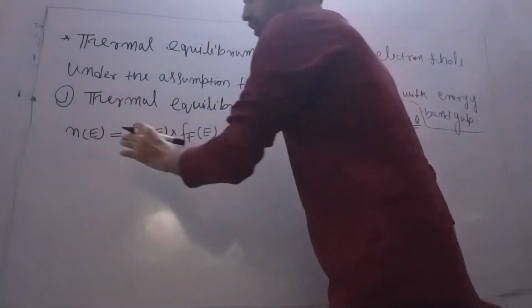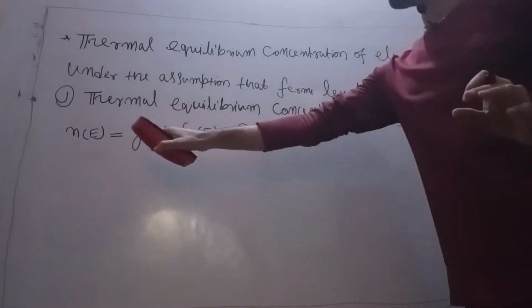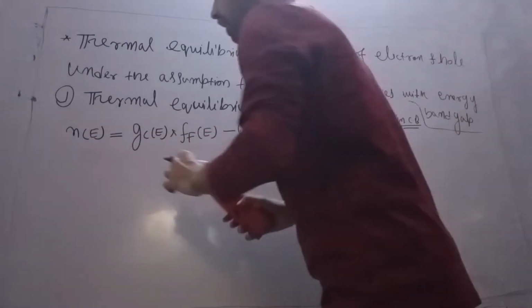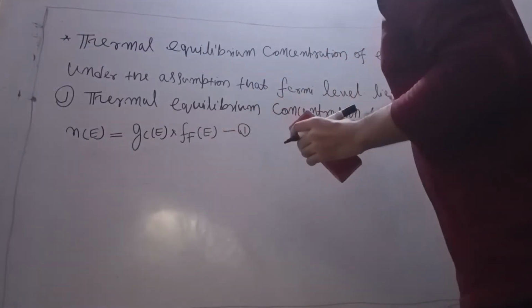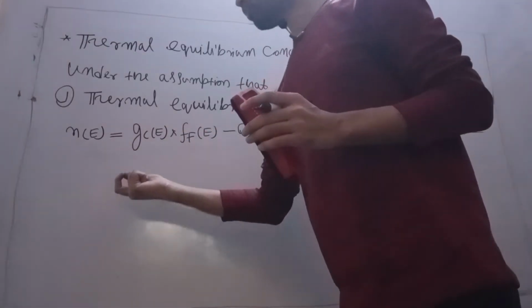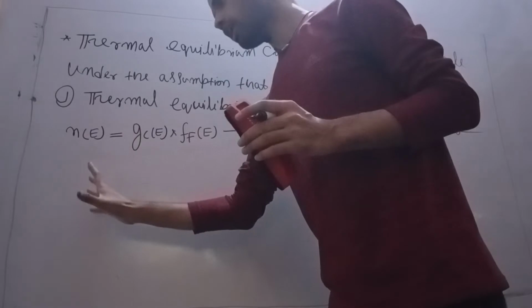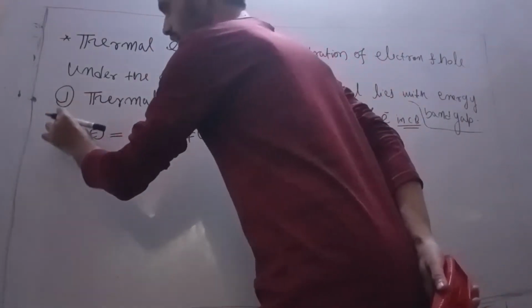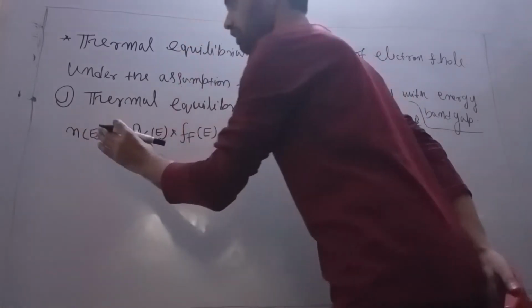Now we are going to find the total number of electrons, the thermal equilibrium concentration of electron. That can be found by integrating this equation,